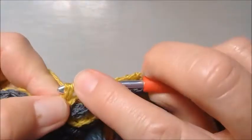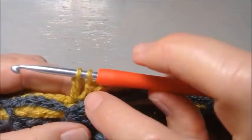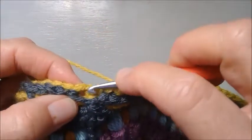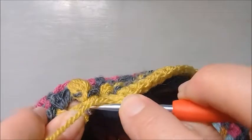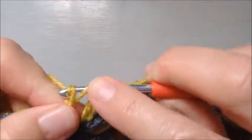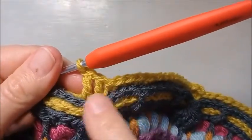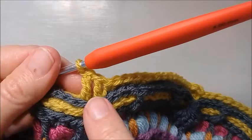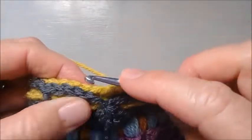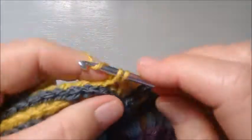So basically after your last stitch from round number 34 in that section, okay? So we're going to work a treble, and then we're going to skip over that 4 double crochet together marker. I'm just calling it a marker. All right, and we're going to work to the left. So the pattern is basically 2 trebles or 1 treble either side of your 4 double crochet together. All right, and then very, very simple, we're just going to work a single crochet into the spaces between